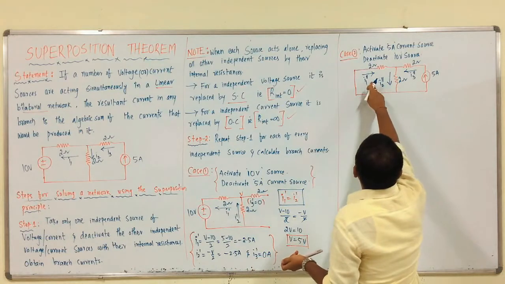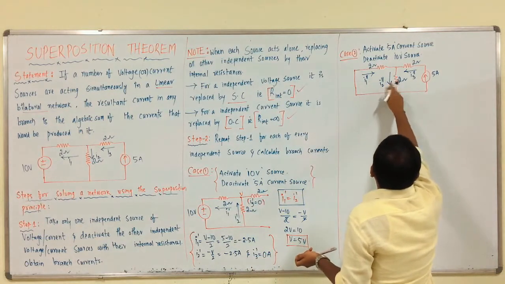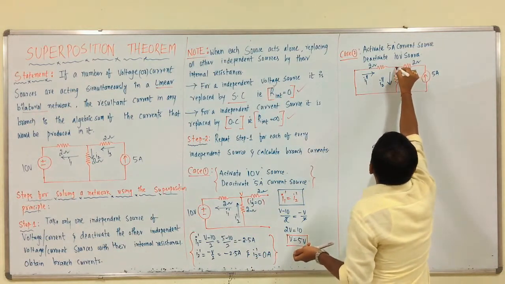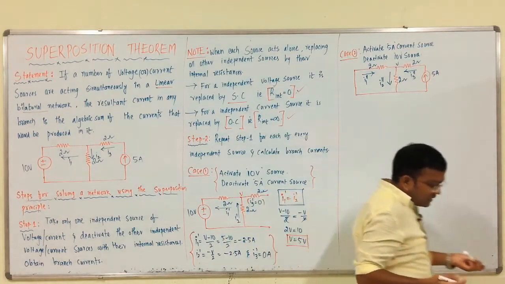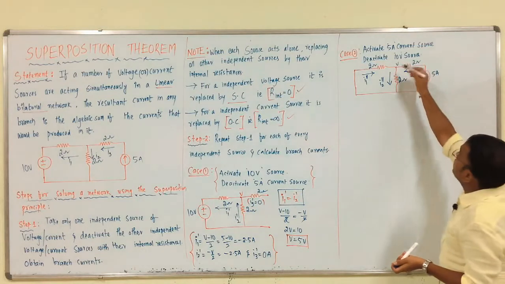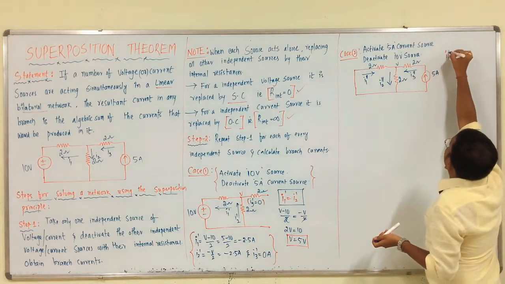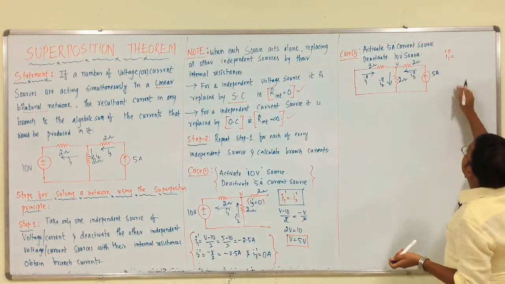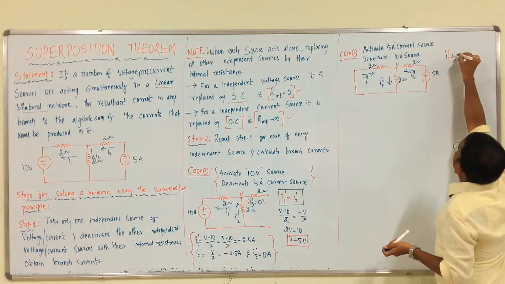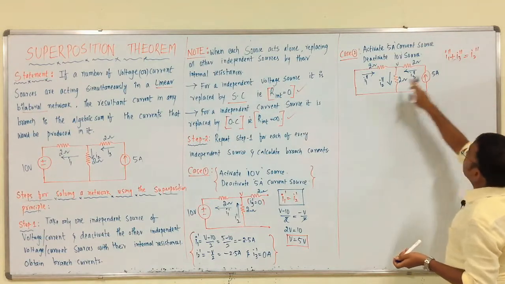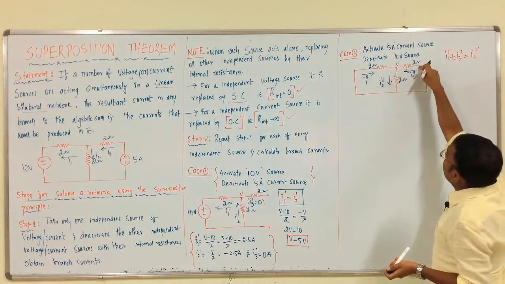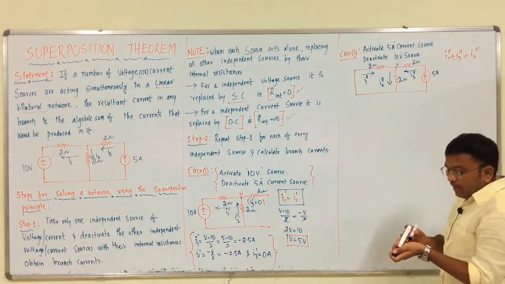So, I1 dash is completed. So, I1 double dash, I2 double dash, I3 double dash. This is V. So, from this, what is the KCL equation? At this node, I1 double dash is entering, and I3 double dash is also entering, which equals I2 double dash, right. I1 double dash entering, I3 double dash entering, I2 double dash leaving.